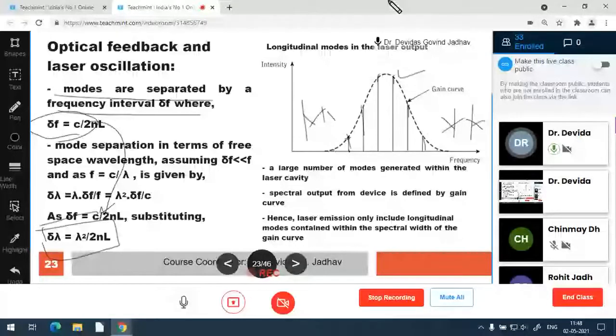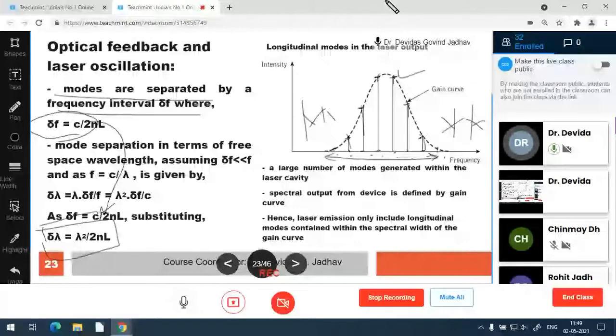So only this frequency is supported for this amplitude, the second frequency is supported for this amplitude, the third frequency for the very highest amplitude, the fourth again for the highest amplitude, the fifth is a very small amplitude, the sixth again a very small amplitude. This end is almost zero amplitude. So in this figure, 1, 2, 3, 4, 5, 6, 7, 8 frequencies are supported. So practically 8 to 10, 20 frequencies are supported. Very small line width is observed. So this is called line width. Line width is nothing but bandwidth, band of frequency, spectral width.